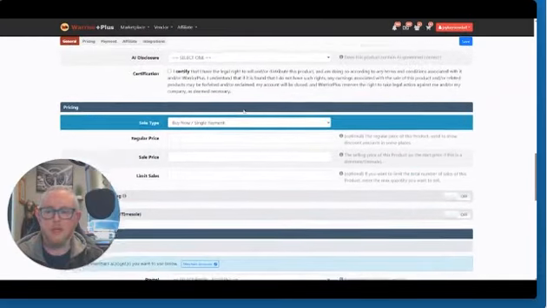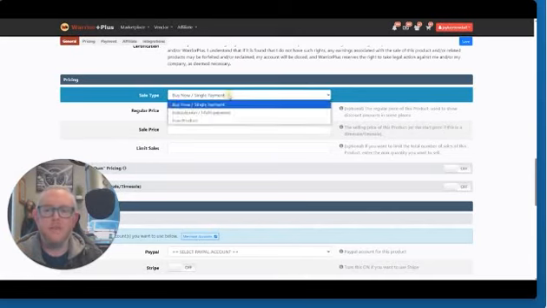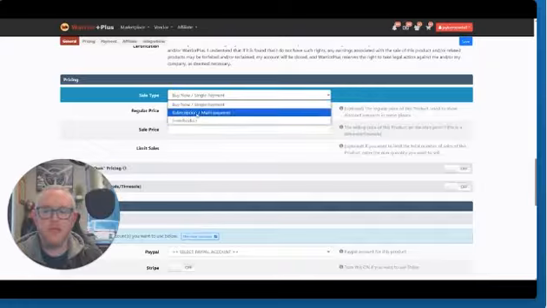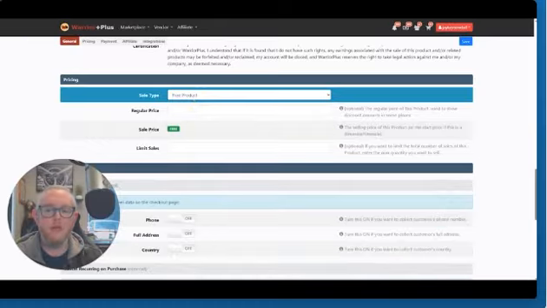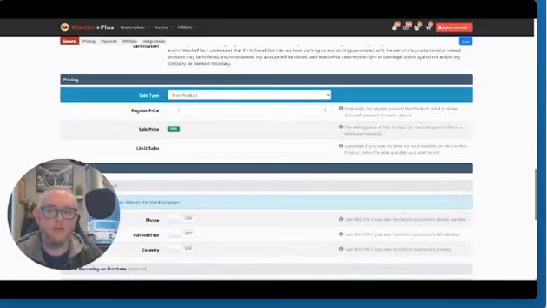And I'm actually going to scroll down a little bit further because down here where it says sale type, the default is going to be buy now or single payment. So this is where someone makes a one-time payment and gets access to your content. This is what you're going to choose if you don't have this option here. So choose on this drop down where it says sale type. If you do not have the option for free product like I do, then you're going to choose buy now or single payment. So for free product, I'm just going to go ahead and leave this as free,